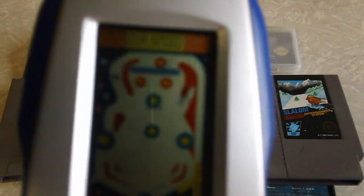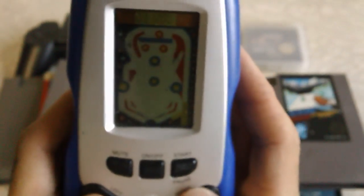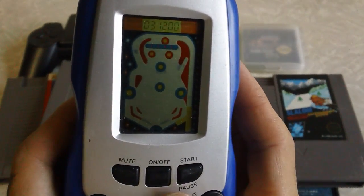Hopefully you can see that better than I can, because I can barely see it. But once you put the plunger... Oh, sorry, I actually had to start it up. But basically...